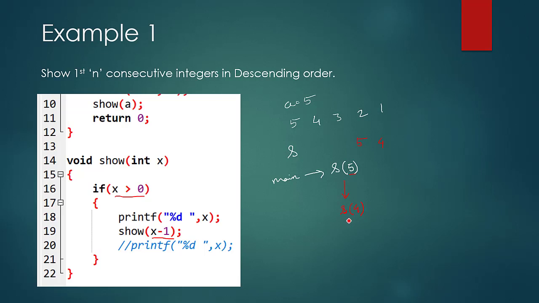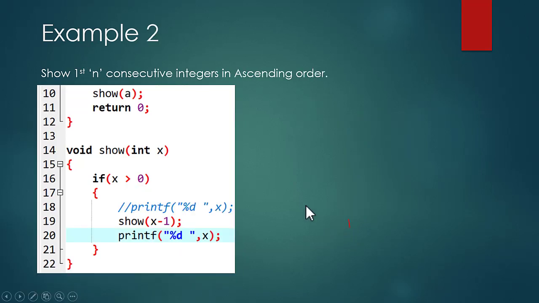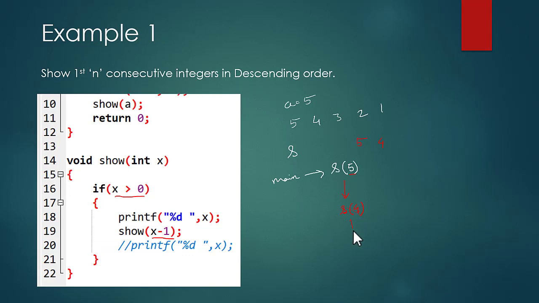So now this function will call itself with the parameter 3. So here the x value in the current state will be 3, and remember, as the function calling is done using the stack, each and every parameter is put into the stack of that function. So each and every function from main to s, this s, this s and this s are maintaining their stack.